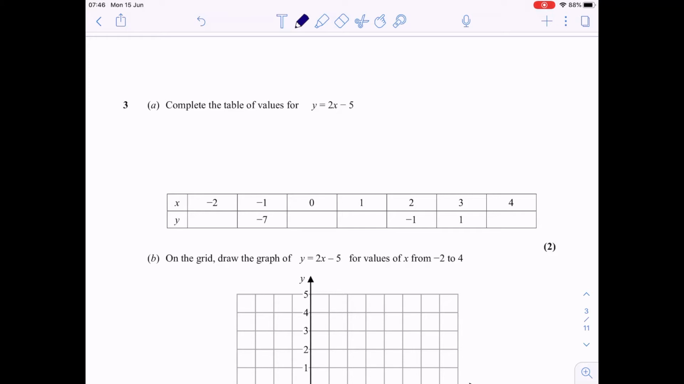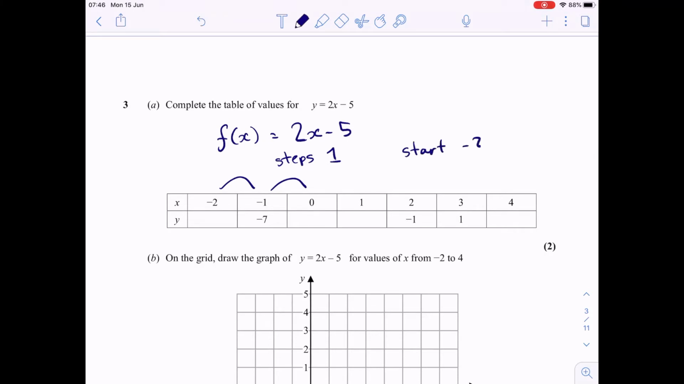So again, if you know how to use your calculator, you can go into your table mode on your calculator and enter, I think it comes out as f of x, and what you need to enter is this 2x minus 5, and we want to go up in steps of 1, because it's jumping up by 1 each time, and we want to start at minus 2 and end at 4. So that's if you use the table function on your calculator, and that will be able to just read off